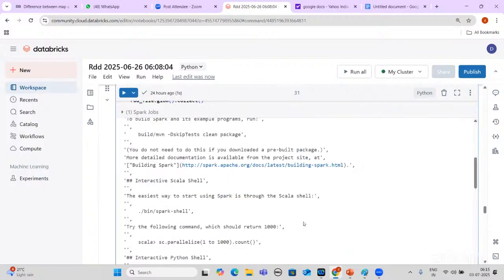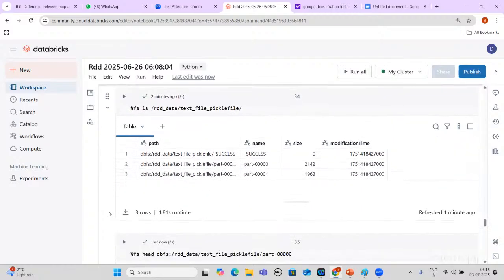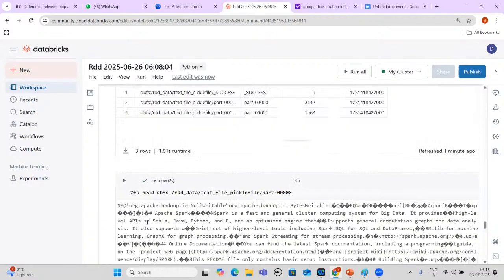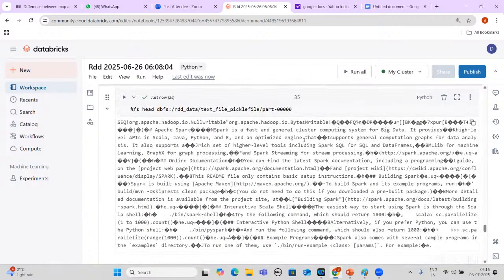But what happened when we tried to load that file by using the pickle file? I read that by giving the path, and you can see this file is encoded. It is encoded to some other data type, and that's why you are not able to read all the data. It looks like that because it is in a big data file format. We have already discussed this concept, but I'm telling you: it will compress and load, so you don't get all the data.